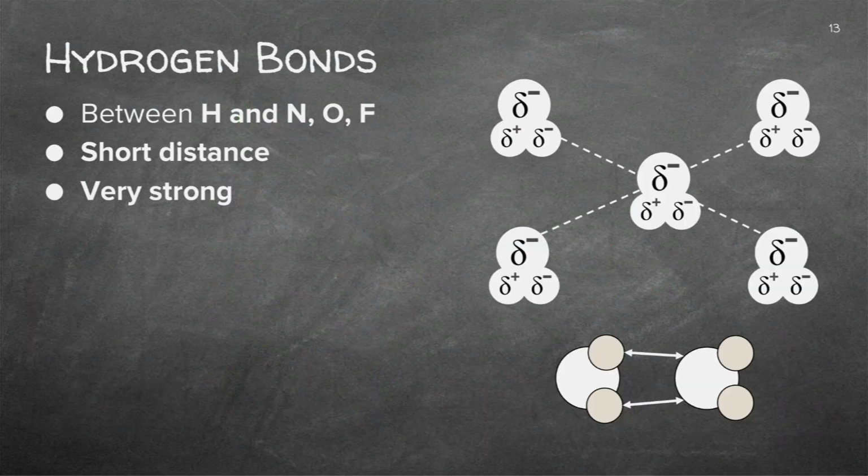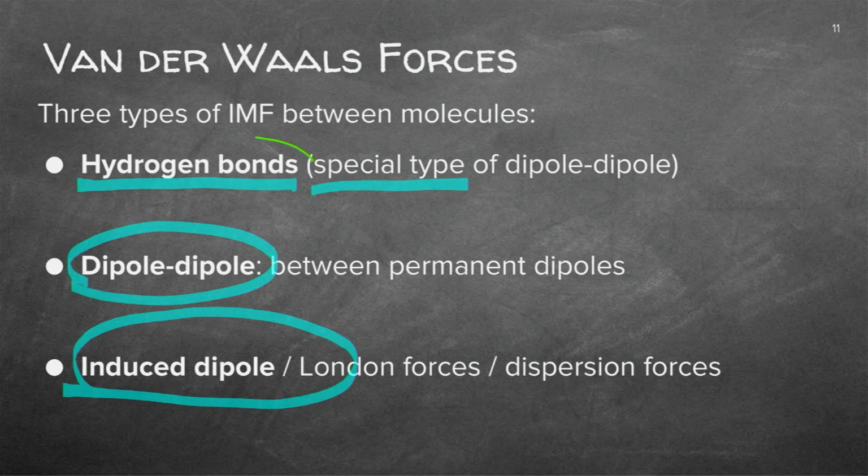Let's quickly have a look at it. It's a hydrogen and a nitrogen, oxygen and fluorine. It's a very short distance between them. You can see there the minus and plus there. Can you see there? That's got to be the plus there. That's a plus and the minus. A plus and the minus. And it's a very strong bond. So firstly, we've covered now the hydrogen bond. It's a hydrogen with NOF, NOF. It's in your periodic table.